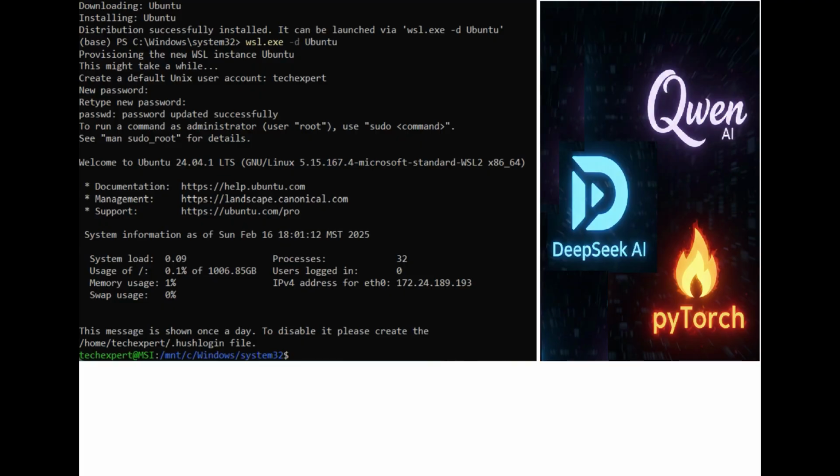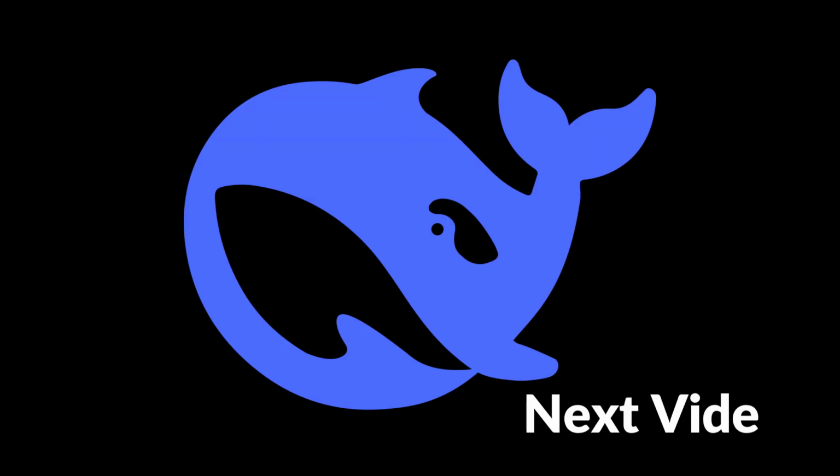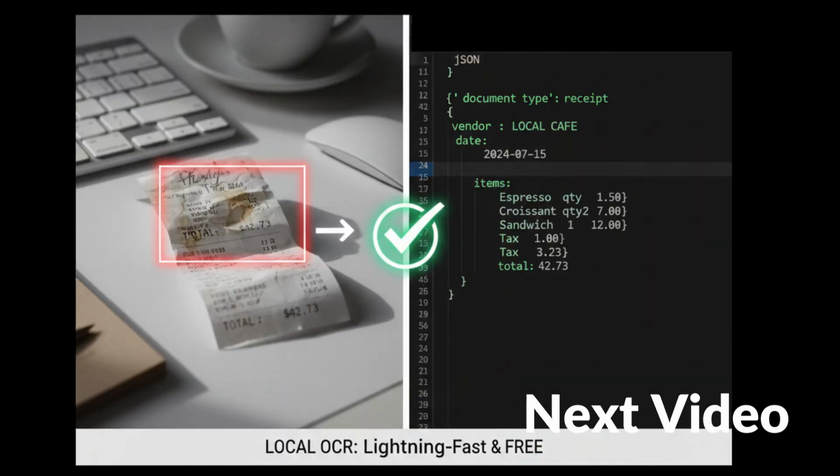Now that your Linux environment is live, you've unlocked the ability to run high-end vision models on your desktop without a single API call. In the next video, we put this setup to work with a DeepSeek AI model. We'll show you how to perform lightning-fast, accurate OCR locally, saving you from